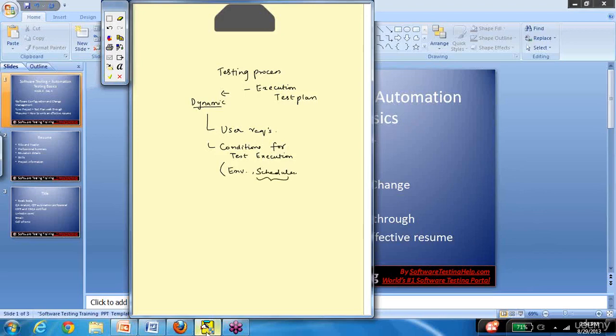When I say schedules, the development team might delay a project, so the conditions for test execution have changed, because the earlier agreed-on schedules might not hold true anymore. So these are some of the changes that might cause a change in the test plan document.